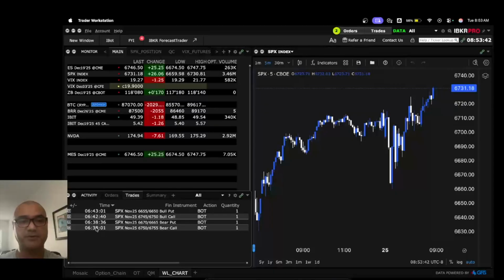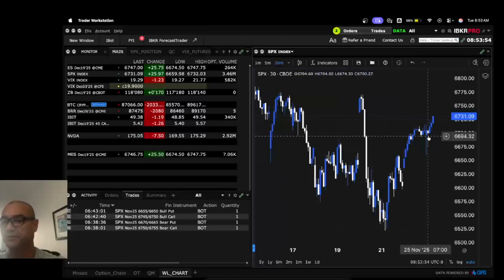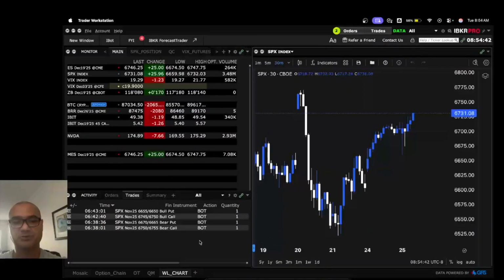All right, so at that point in time, it was 8 minutes after the market opened. This is 6:38 Pacific time. And let me set 30-minute candles here. All right, so it was in this handle that I'm hovering over. It's a half-hour candle. And we can see that the high was 67.14 in the SPOOs, and the low was 66.59. All right, so we have that set up, and looks like 4 minutes later, it didn't take very long,